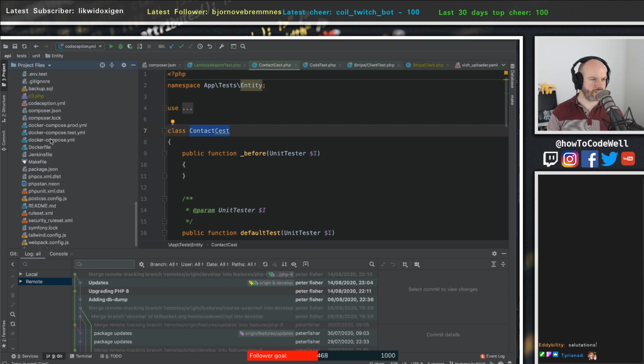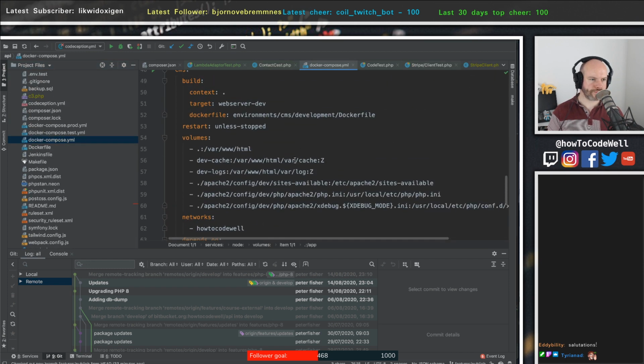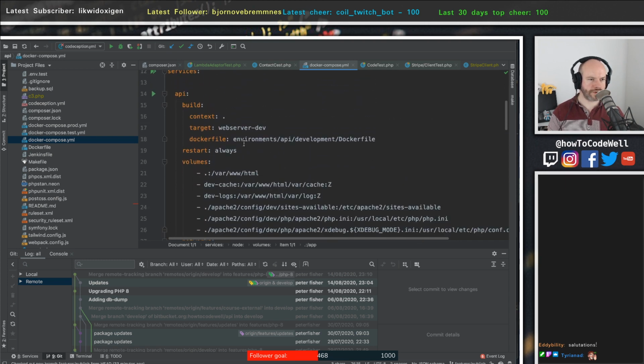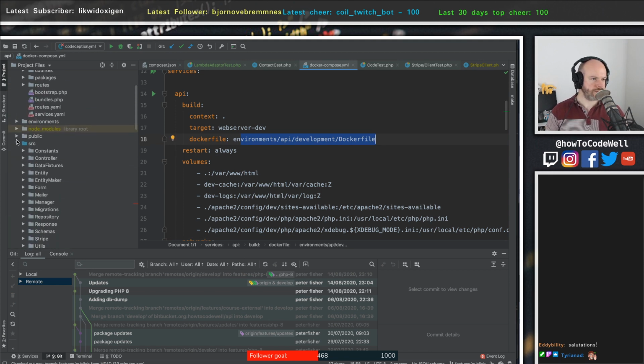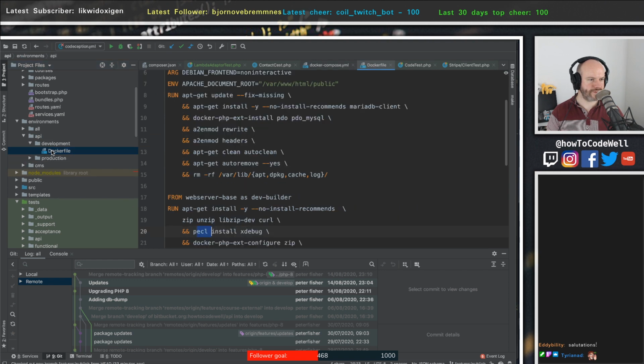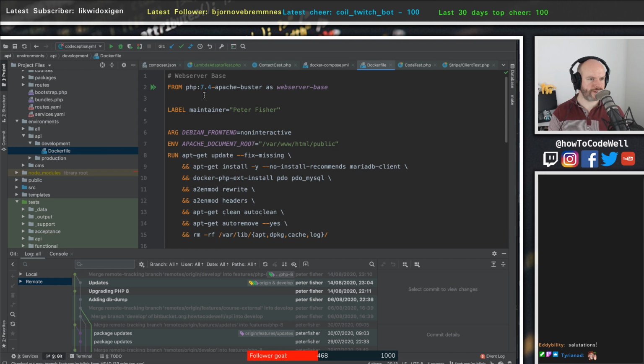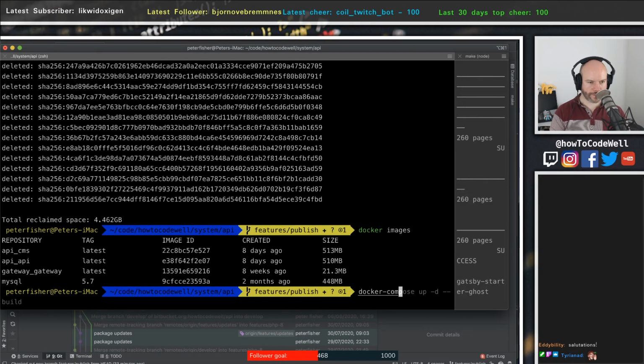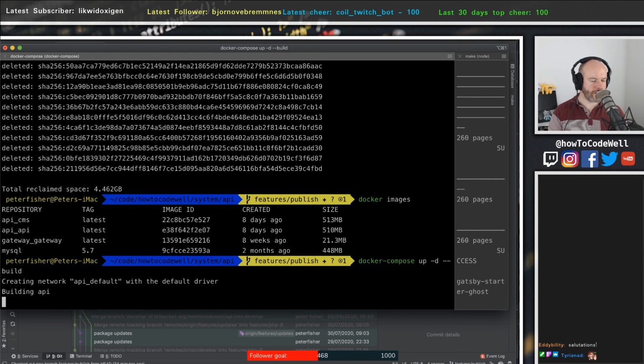let me just double check something. If we did docker compose, is it just because the image was wrong? Is that the thing? This is running off of environments and then Dockerfile. So environments, and then it's development, API, development, Dockerfile. I reckon it's just been pointed to the wrong Dockerfile. That's the correct one. So if we did docker compose up -d --build, and I am going to get a